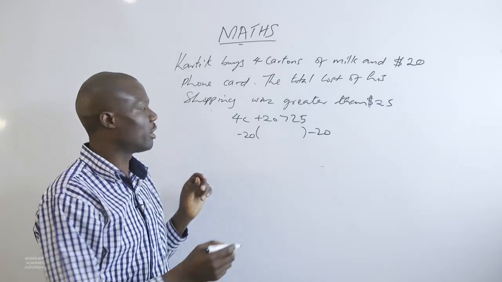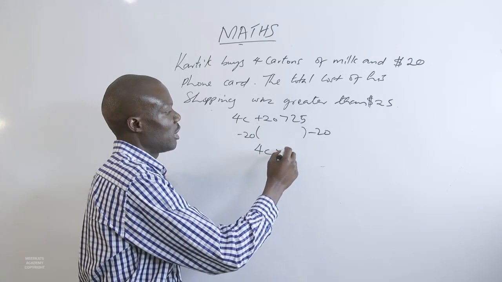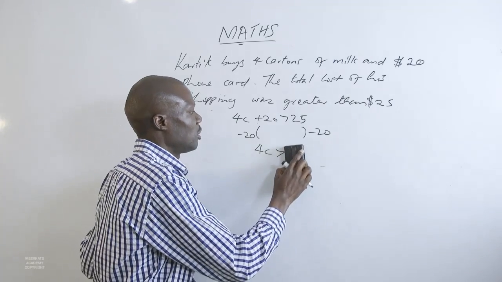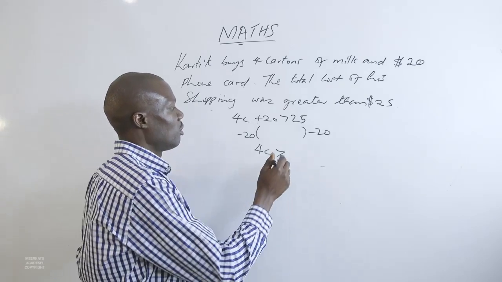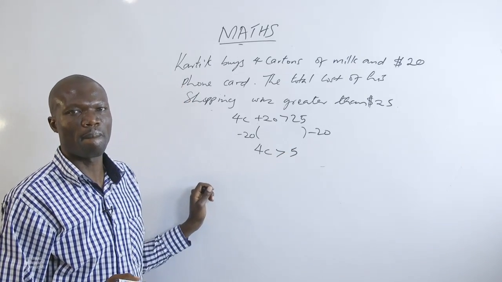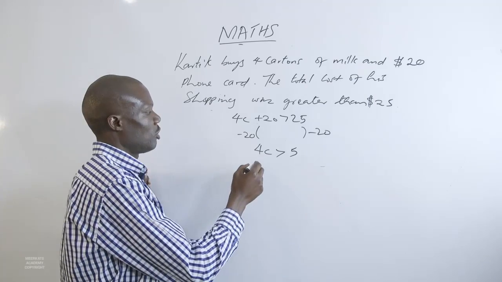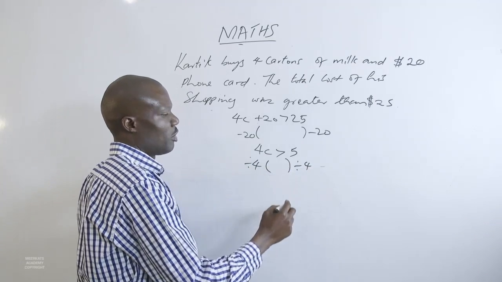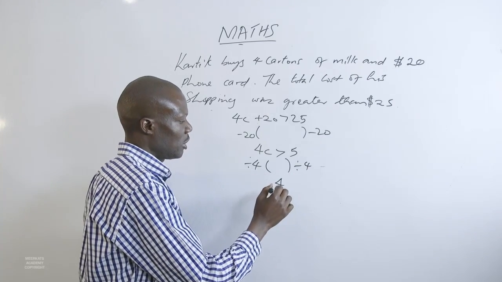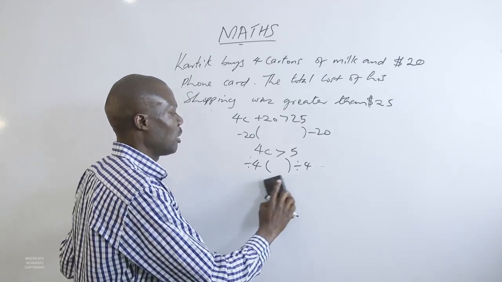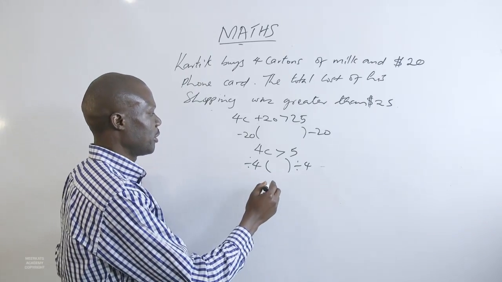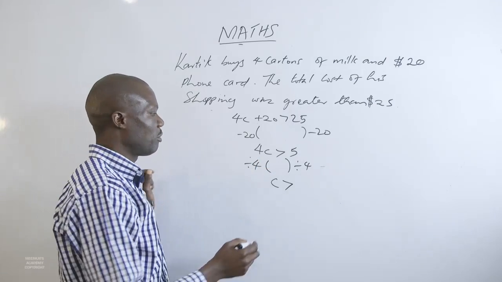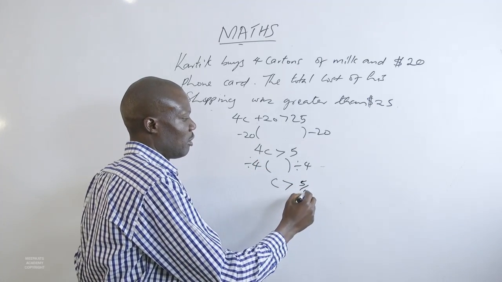So we will remain with 4C is greater than 25 minus 20, which is 5. So divide by 4, and you will remain on the left-hand side with C is greater than 5 over 4,